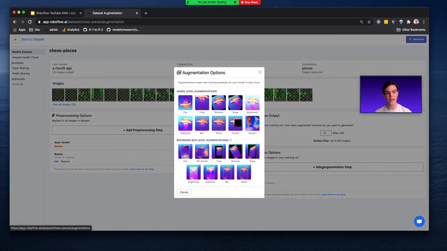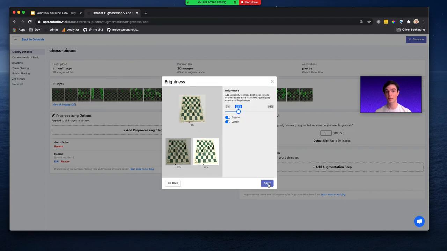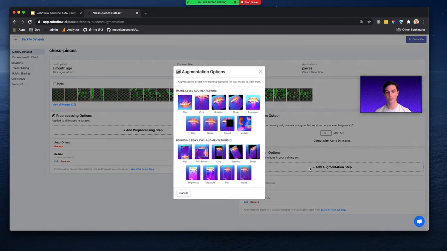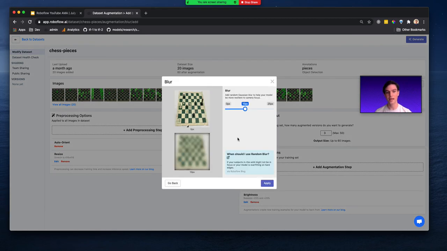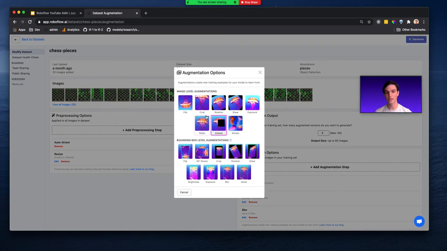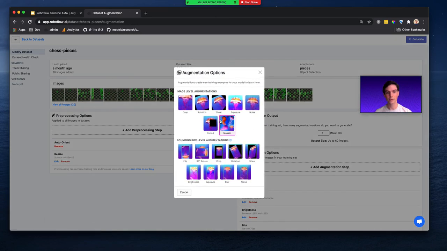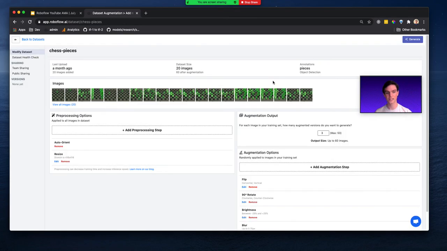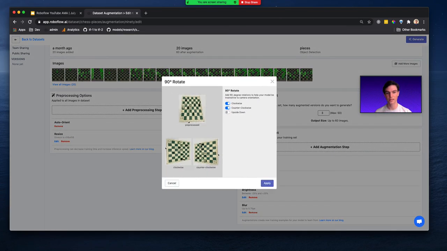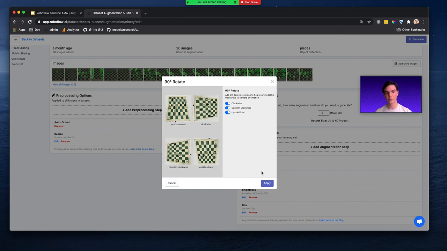Now I'm going to add augmentation as well. I'm going to randomly make my images brighter and darker because maybe my inference conditions could be randomly brighter or darker rooms. I'm going to randomly add a little bit of blur, we'll say 0 to 0.75 pixels. I'm going to randomly flip my images horizontally, and I'll also do vertically just because it'll be much easier to see in our dataset. And the last one is I will randomly rotate my images. I have random rotate from 90 degrees, so randomly upside down, sideways, all these things.